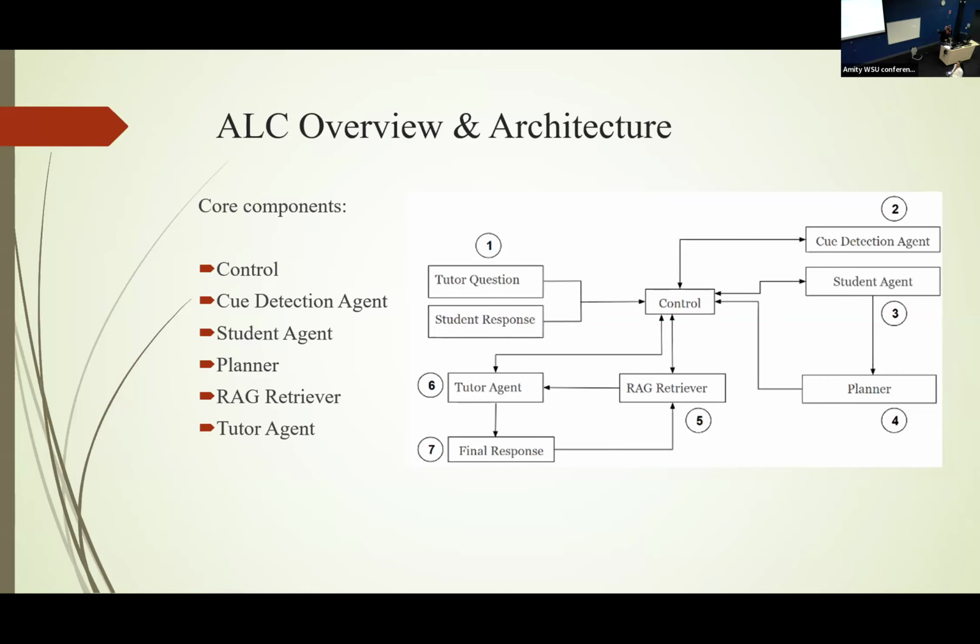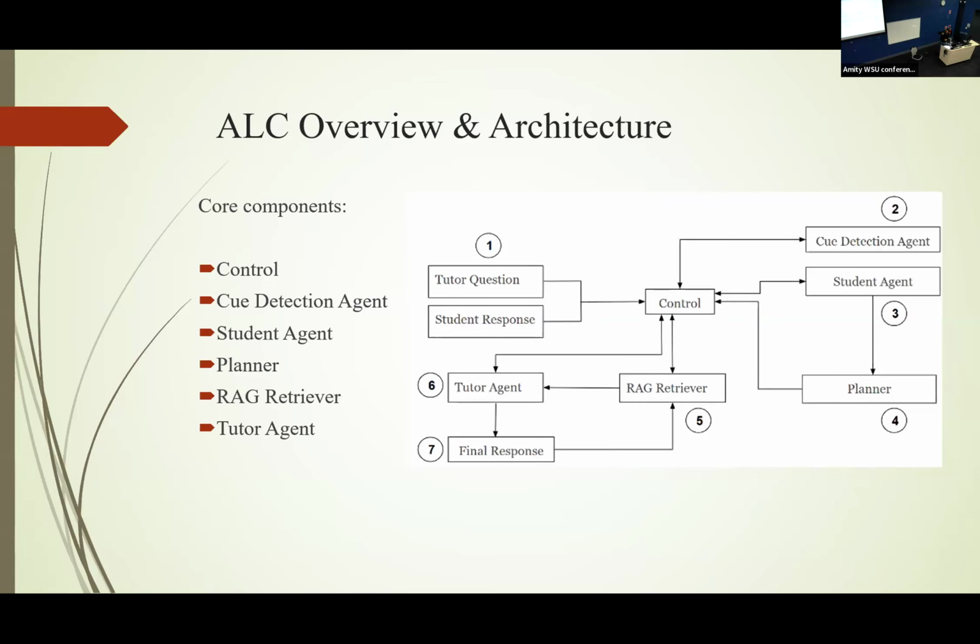the answer, it goes to the cue detector agent, because whenever a student gives some answer, it might be correct, it might be wrong. So instead of replying that you are correct or you are wrong, here we are taking another step. First it identifies the cue: whether the student has actually given the correct or wrong answer. This is one decision. Then another part is whether he is confused or he is confident.